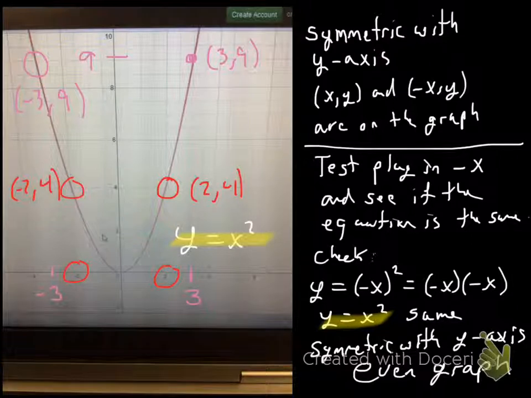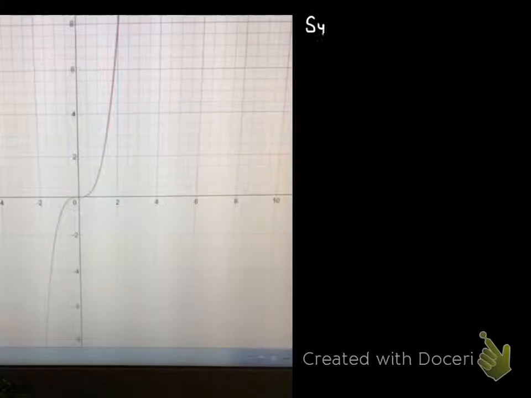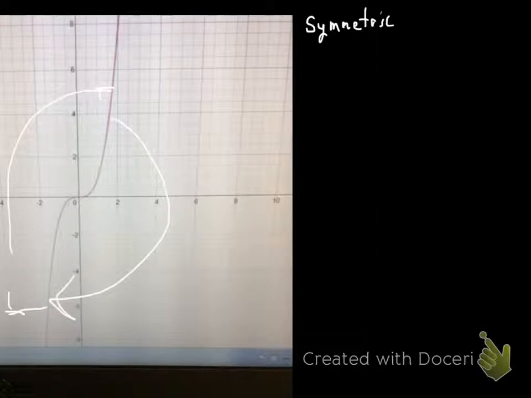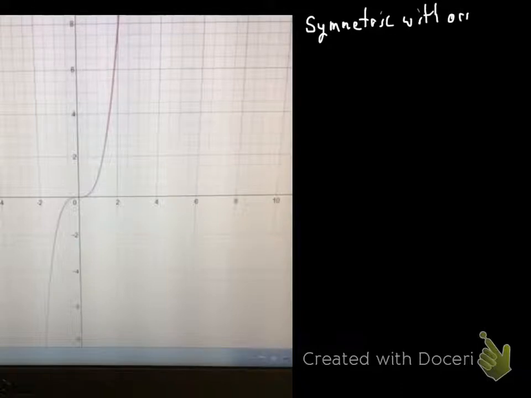Okay, let's go ahead and look at symmetric with the origin. So here, if we spin this all the way around at 180 degrees, it's going to line up with itself. Or we spin this branch all the way this way, it's going to line up with itself. Okay. So symmetric with the origin,